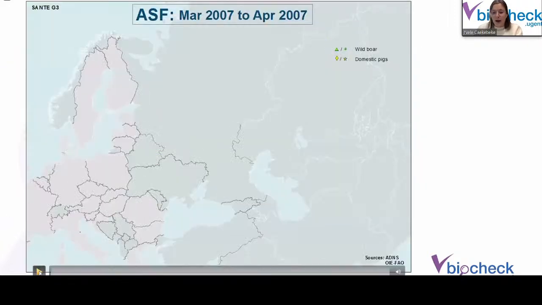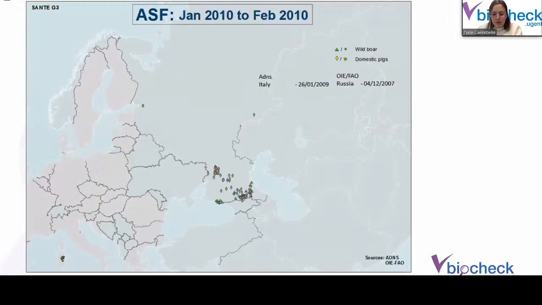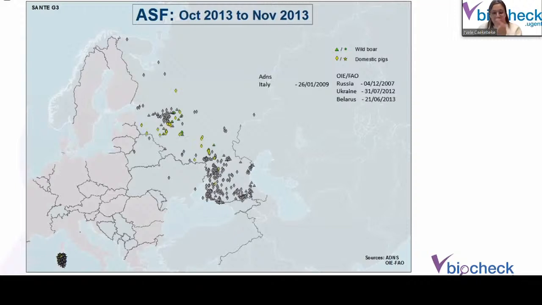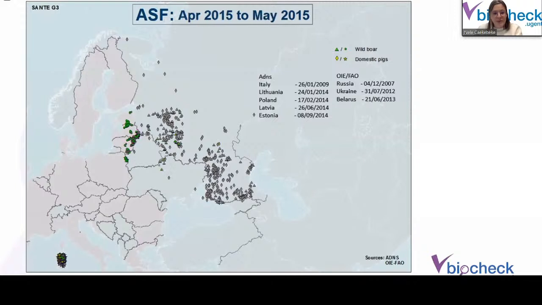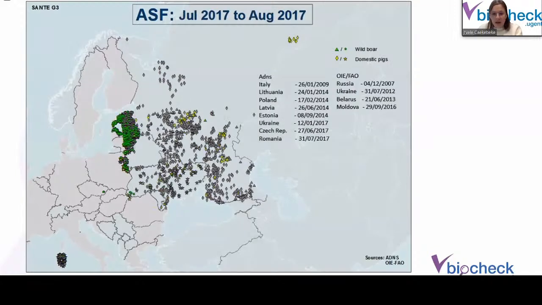Now, it's not the most updated chart that I'm showing you, but just to give you an idea of the situation or the progression of African swine fever in Europe. It actually started, or it became quite endemic, in Sardinia, which is on the lower left on your screen. So it's an island near Italy where it was present for a long period of time, already in 2007, if I'm not mistaken. But because it is an island, it could be isolated in there for a huge period of time. But then we also had